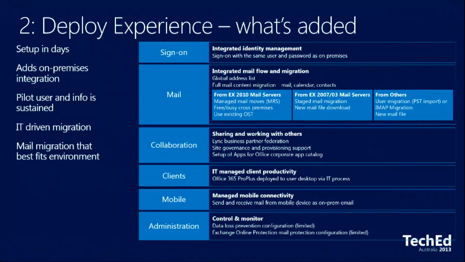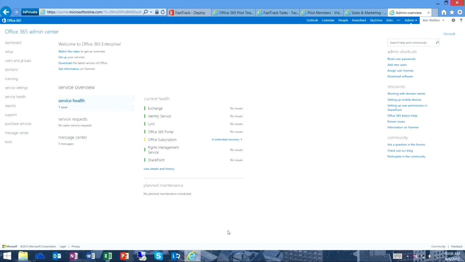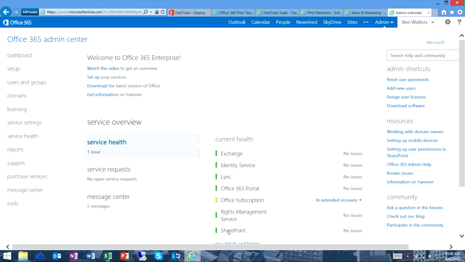I'm going to switch back over here as well. So how many people, wow, that's really small. Let's do that. How many people here have seen this window before? Yeah? Isn't it nice? It's nice and white and clean.